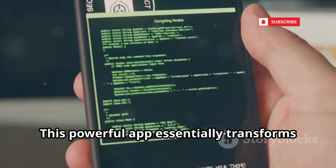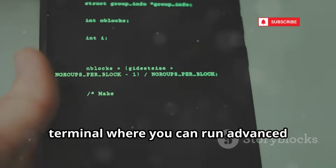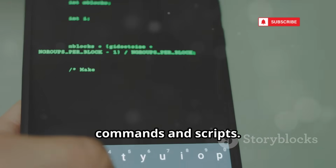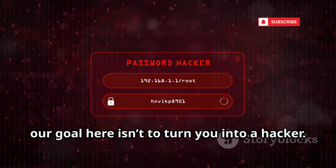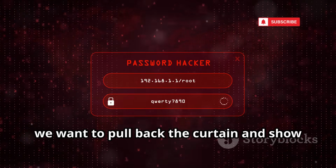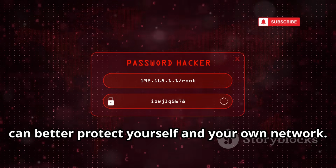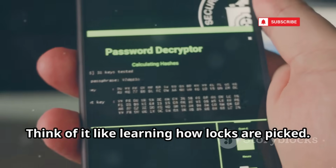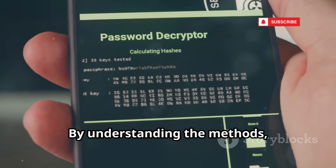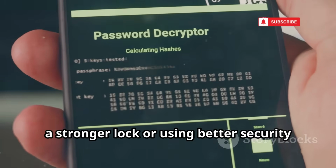This powerful app essentially transforms your Android phone into a mini hacking lab, giving you access to a Linux-like terminal where you can run advanced commands and scripts. Now, before you get any ideas, our goal here isn't to turn you into a hacker. Instead, we want to pull back the curtain and show you how these attacks actually work, so you can better protect yourself and your own network. Think of it like learning how locks are picked. By understanding the methods, you can make smarter choices, like buying a stronger lock or using better security settings on